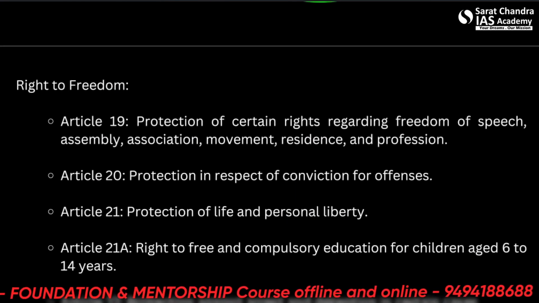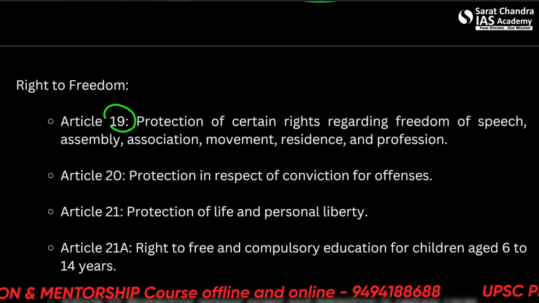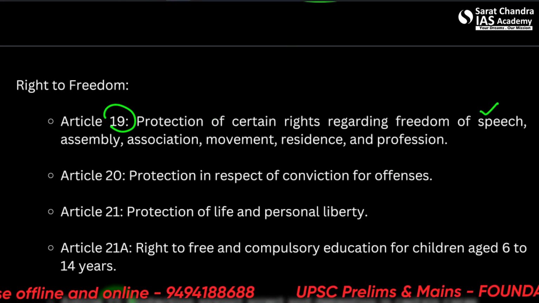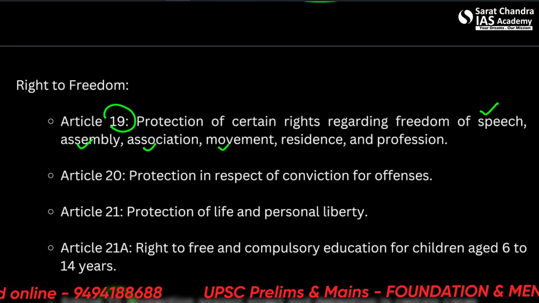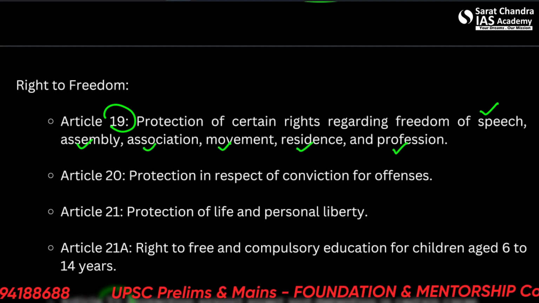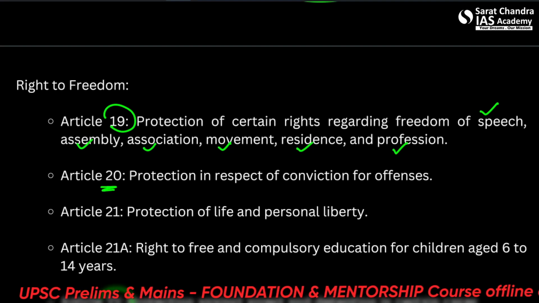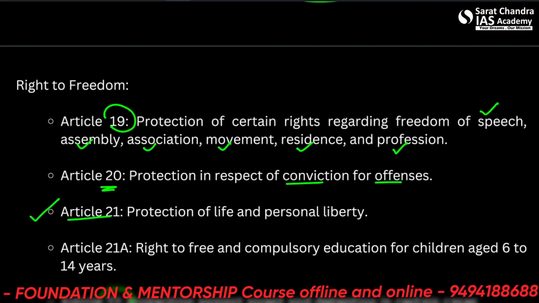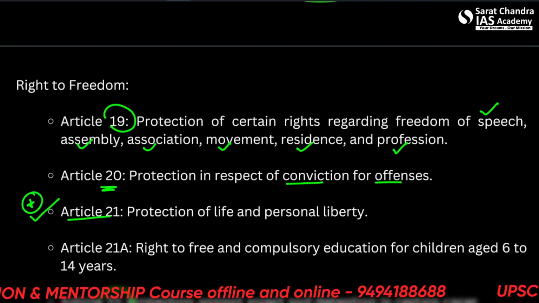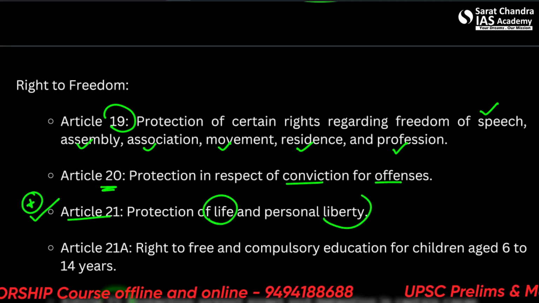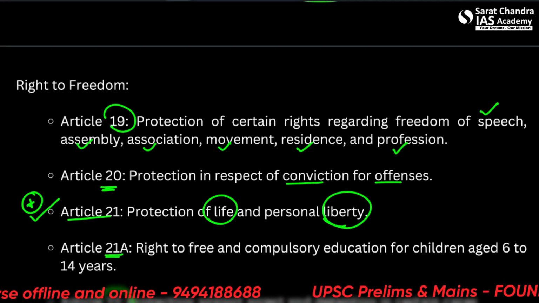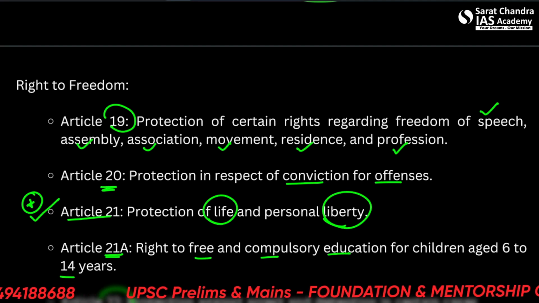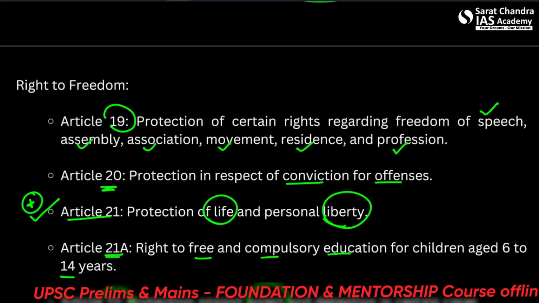The next one is right to freedom. Comprises Article 19 to 22. 19 is protection of certain rights regarding freedom of speech, assembly, association, movement, residence, and profession. Article 20 gives us the protection in respect for conviction for offences. Article 21, very important article, one of the most important article, protection of life and personal liberty. Article 21A, right to free and compulsory education, 6 to 14 years, and Article 22, protection against arrest and detention